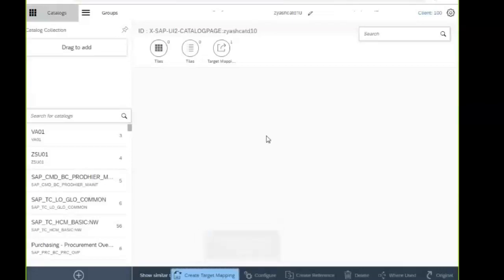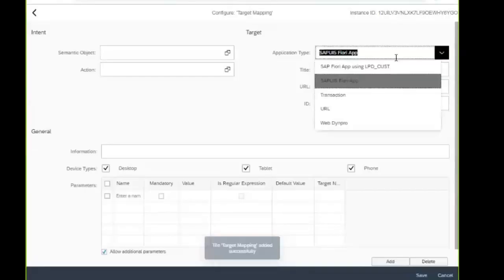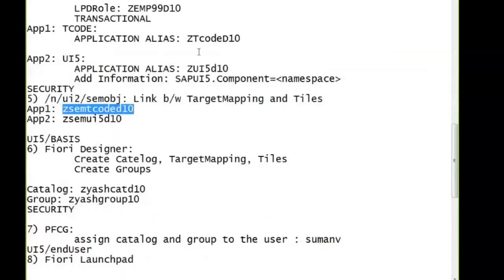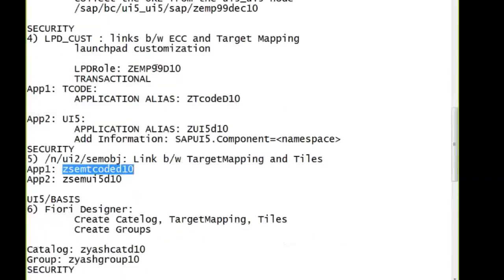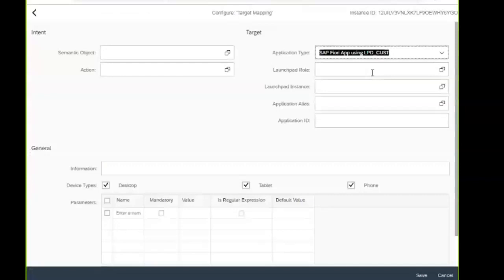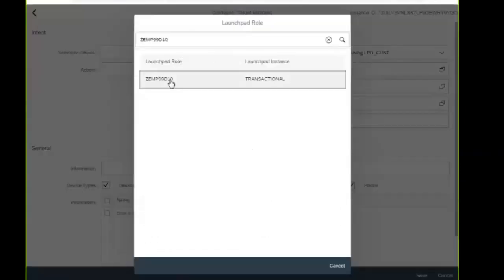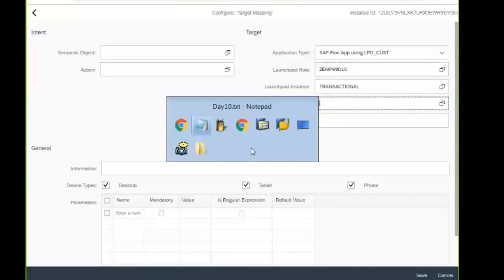One more target mapping. LPD role. Application alias.